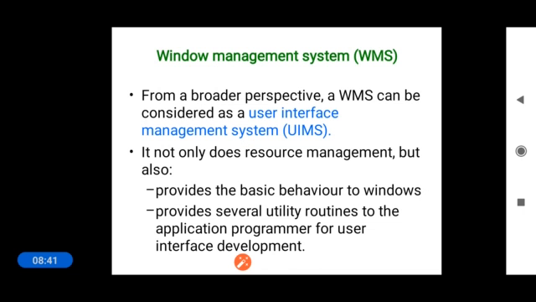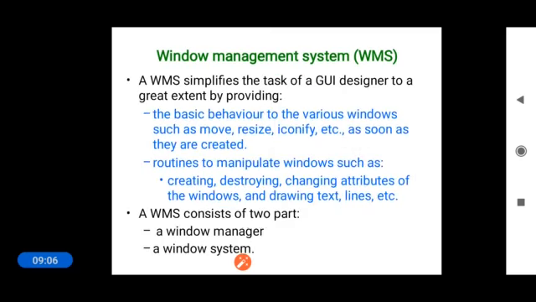From a broader perspective, a WMS can be considered as a user interface management system. That means a window management system is also called a user interface management system. It does not only perform resource management, but it also provides basic behavior of the windows, and it also provides various utilities to the application programmer for user interface development.